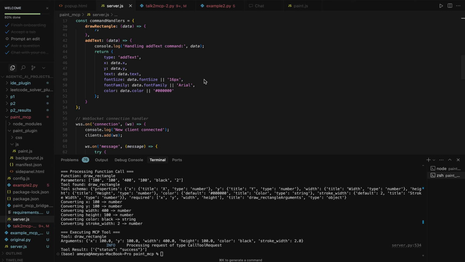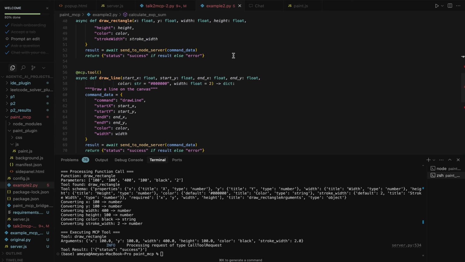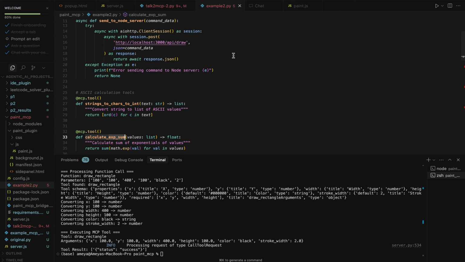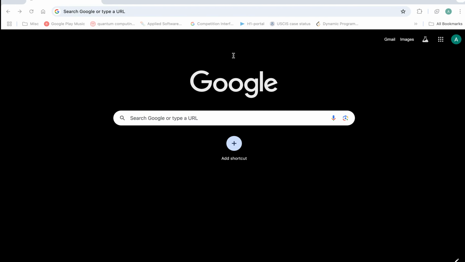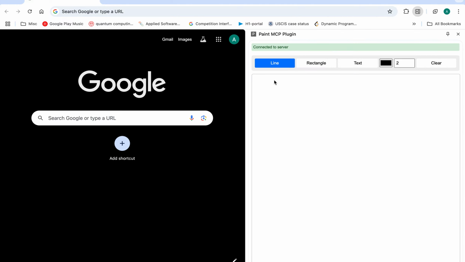Hi, so in this demo we are going to make our LLM communicate with an MCP server, and that MCP server gives it the ability to make some calculations and also to draw some shapes in a Paint app. For the Paint app, we are going to use a Chrome plugin that we created, and this you can